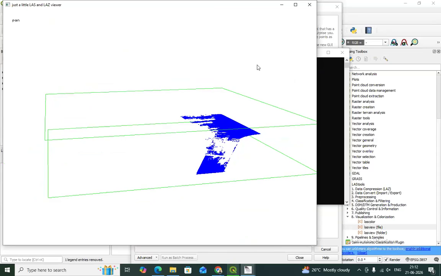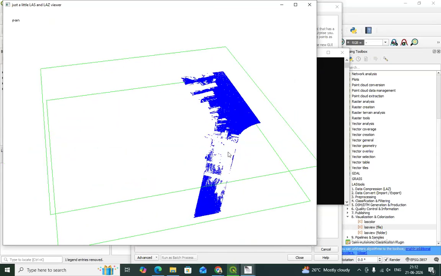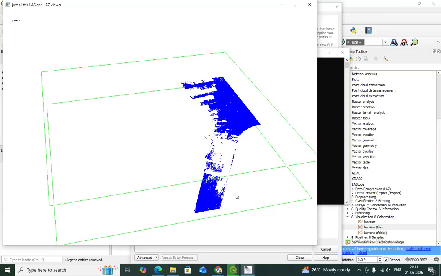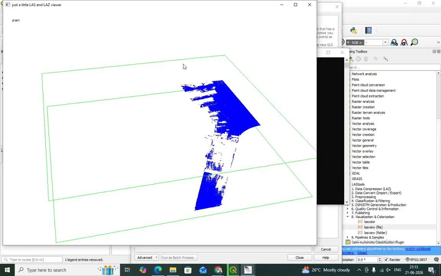In water, what is the representation of void? This is data sparse actually. Data were not collected for this part. That's why it is blank, you can say. So data were not collected for this part. Is it for the water reflection? No, it is just the water surface. The laser beam is reflected back from the water surface and hits the scanner, and that way it is calculating the distance between the scanner and the water surface.